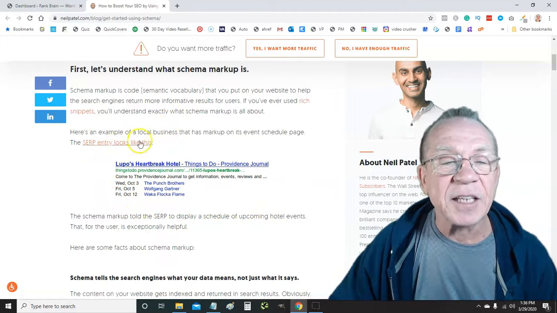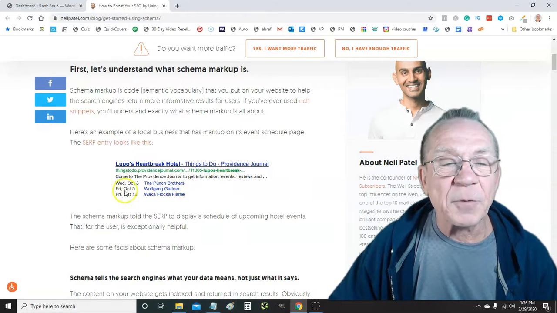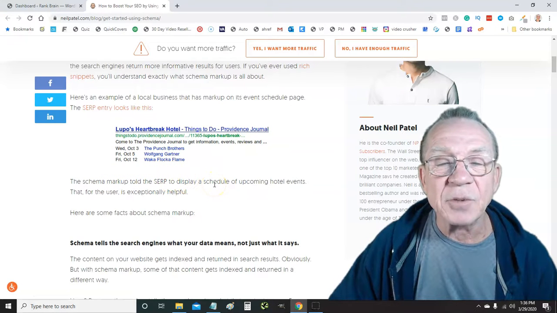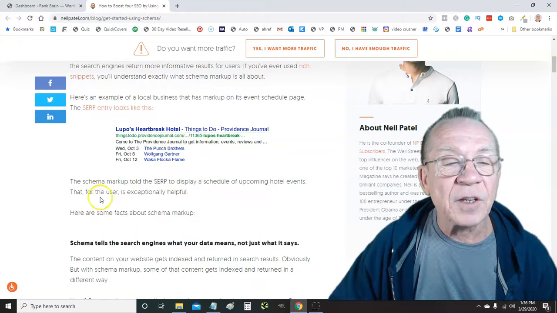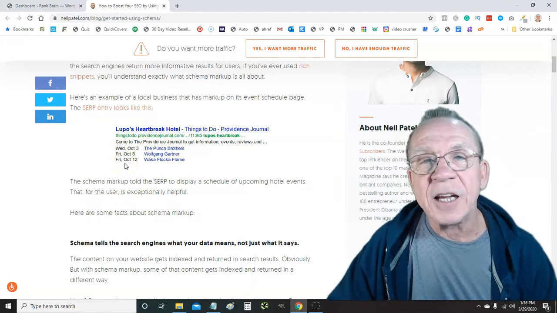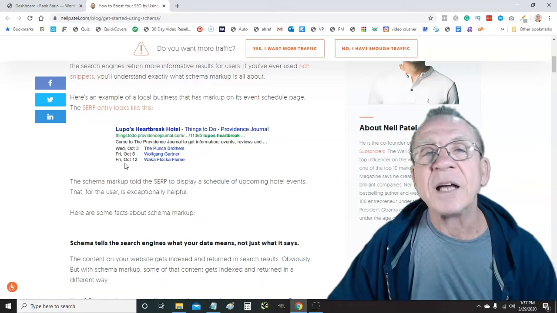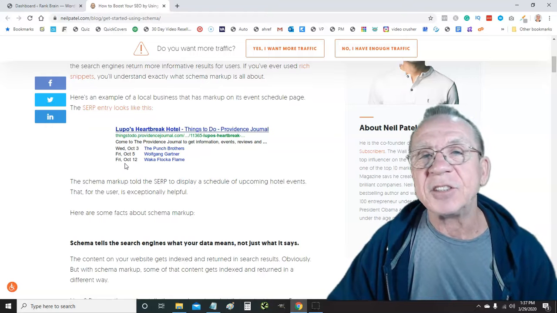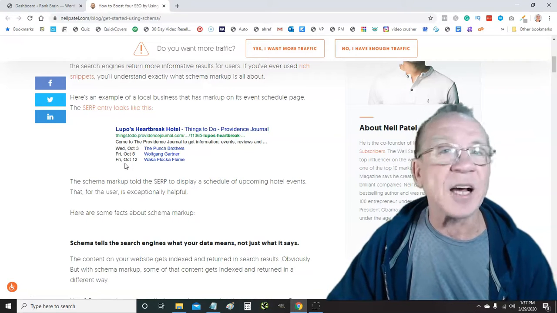It tells the search engine to render the result of this particular business right here, and it gives the information that the website has about this business and about what they're doing. And so the schema markup told the search engine results to display a schedule of upcoming hotel events for the user. And so the whole thing, like I said, is all about user experience for Google. Google wants you to find what you're looking for. The best search engine is only going to give you one result, and we know that's not going to happen